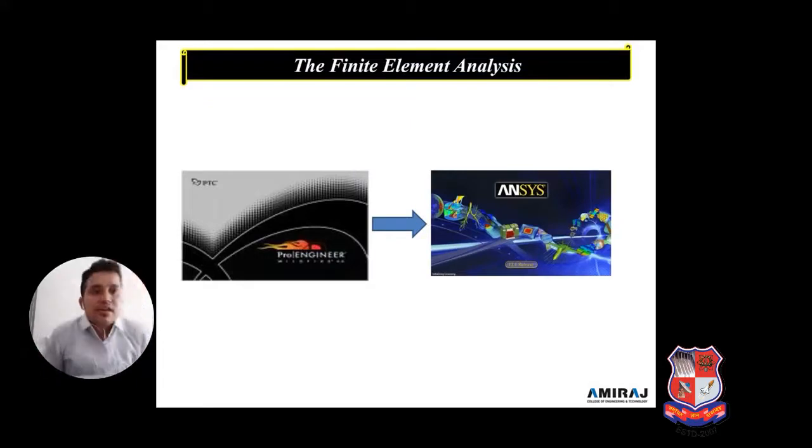So here, for finite element analysis, we create a 3D model in ProE. We can say now it is Creo; you can also prepare it in Inventor or CATIA. We convert that model into ANSYS. If I give the example of ProE, then we select the model and convert it into a STEP file, or we can say Parasolid. Then we can upload, or we can say input, it into the ANSYS analysis.